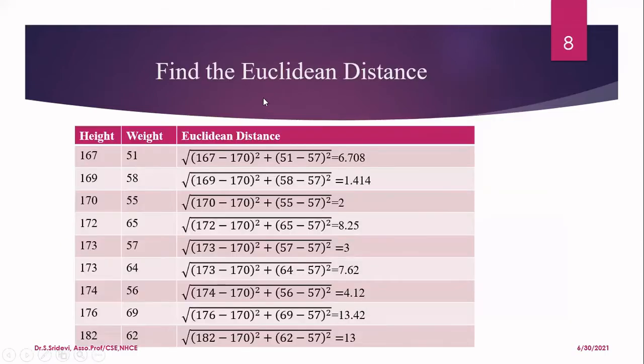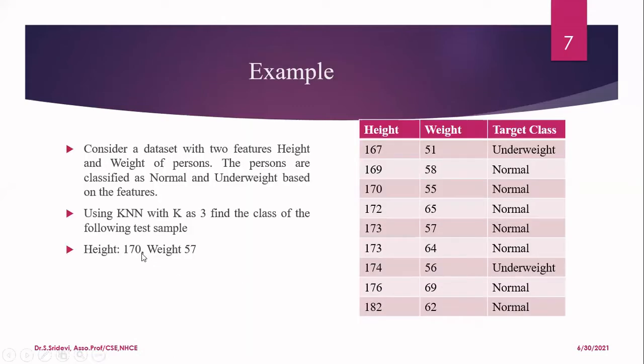Now let us see how to continue with this algorithm. The first step is, whatever training samples with target classes are given to you, you have to calculate the distance between the testing sample and all the training samples one by one. So what is our testing sample now? It's nothing but 170 and 57. It is a two-dimensional attribute, so we have two attributes, and we will call it a 2D data set. You can have n-dimensional attributes also.